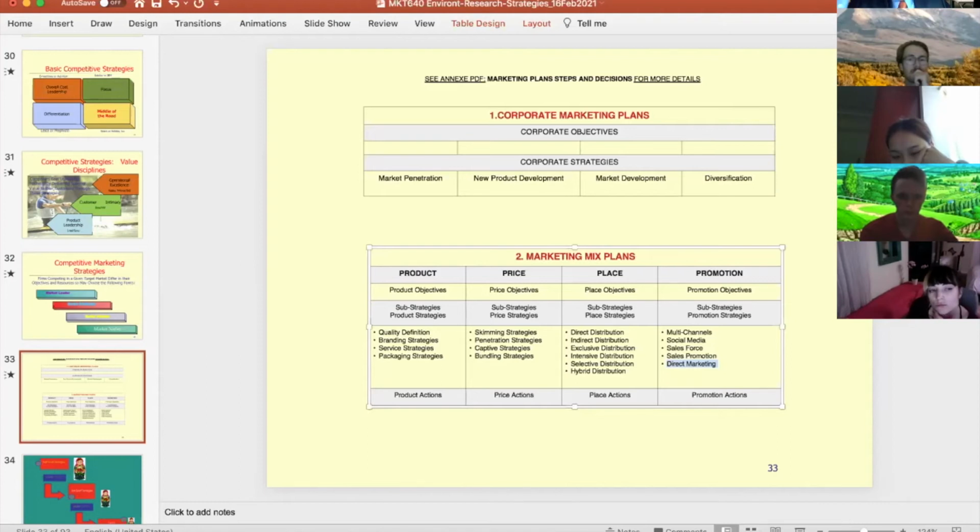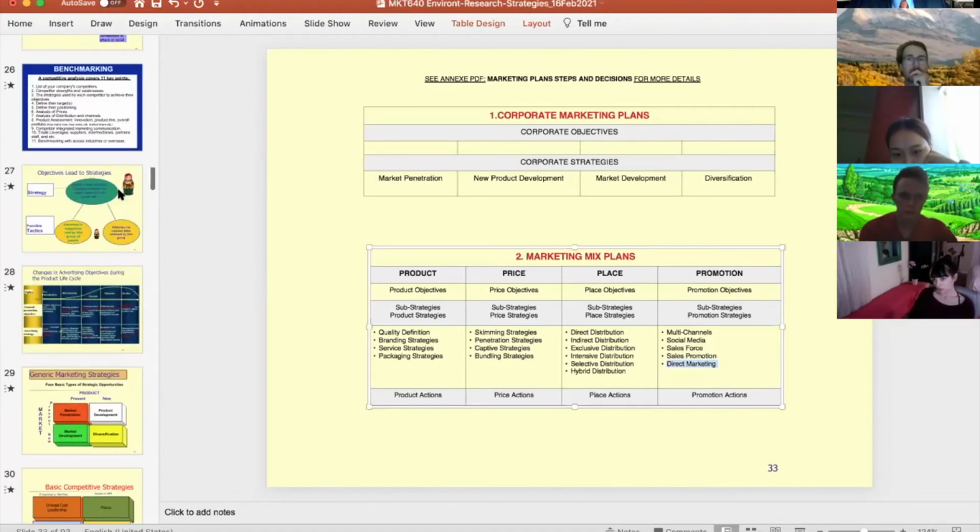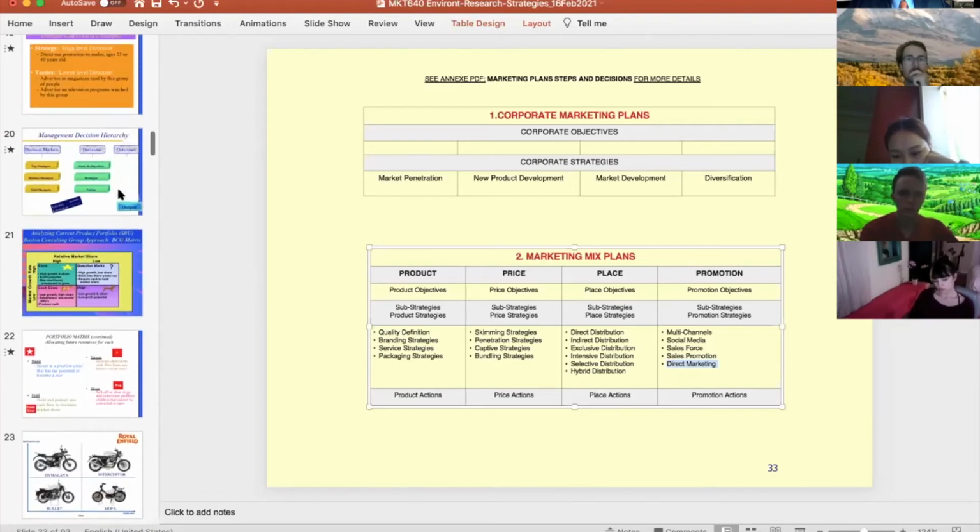So to this moment, right now at 7:42 on the 16th of February, you know the first red section, the corporate marketing plans. After this, we'll be moving into marketing plans, the detail that will go inside on how to implement. So there's the part which is more the direction definition, and then the other part which is more the implementation, detail explanation. But those two parts have to work together because there's the high executive level decision making and there's the lower level decision making.